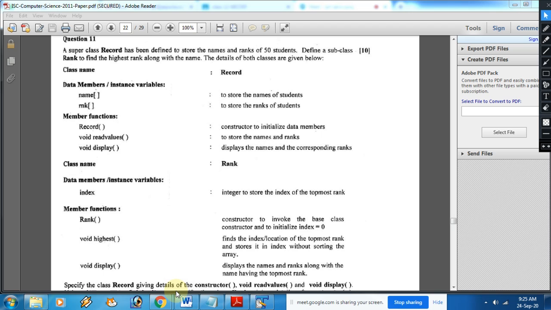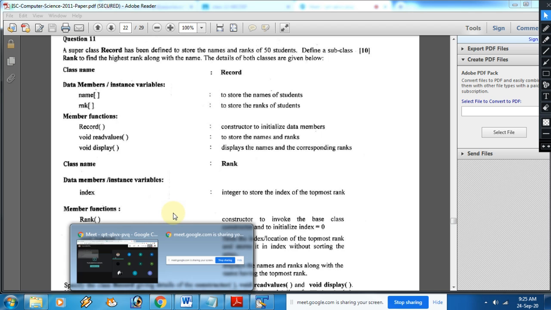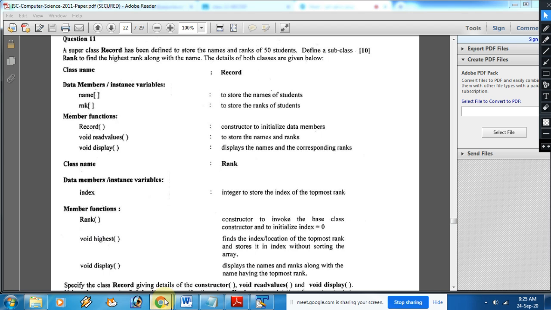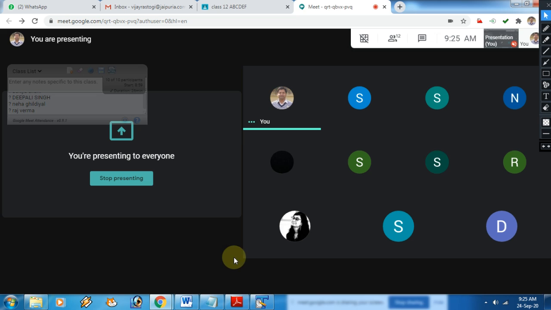Everybody has to try this question. You have a maximum of 7 minutes. After that I will discuss the interface. Copied? Do it fast.